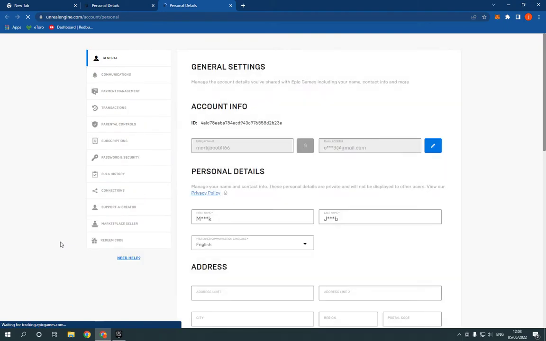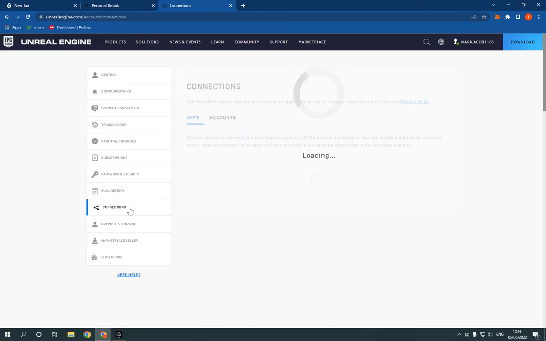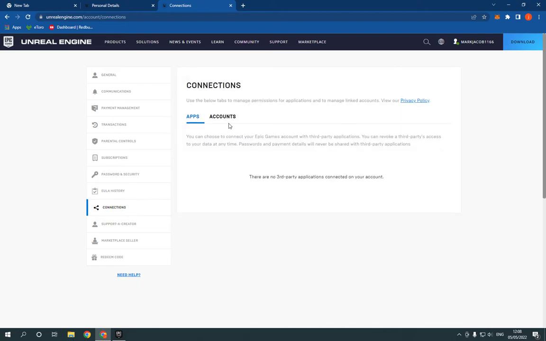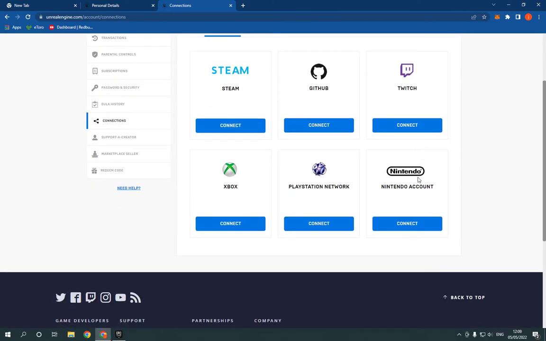Now after you click on Manage Account, all what you have to do is so simple. Just wait a few seconds, it will take you to this page. Now click on Connections and now click on Accounts and scroll down. You will find Nintendo option and click here Connect, and you will be able to connect your Epic Games with